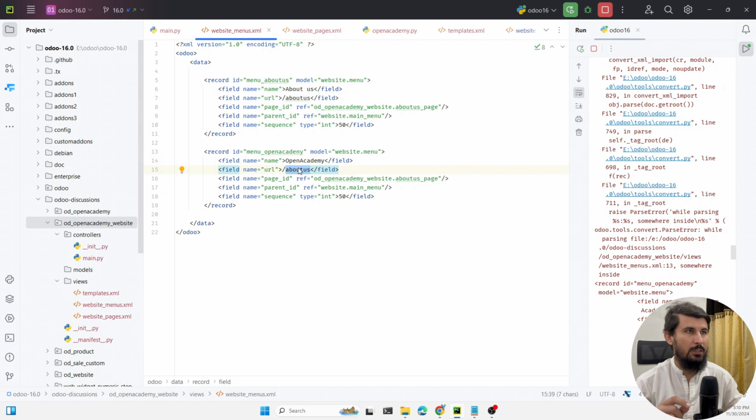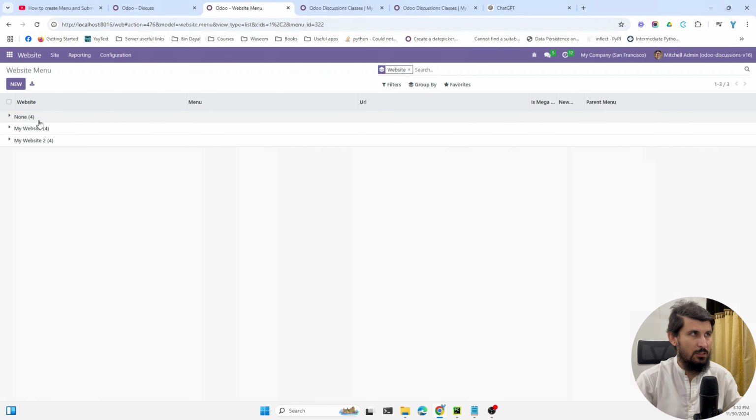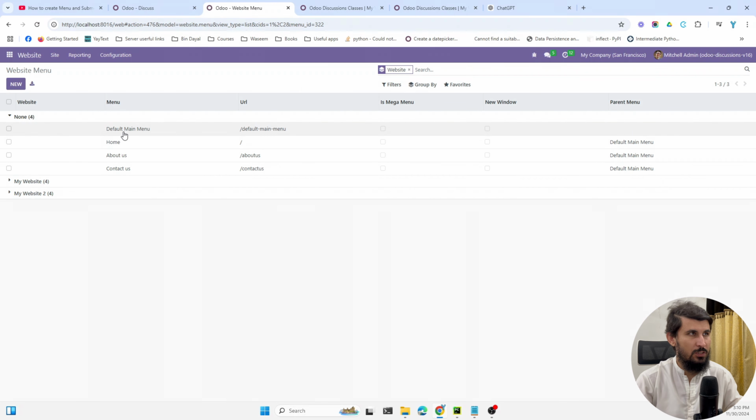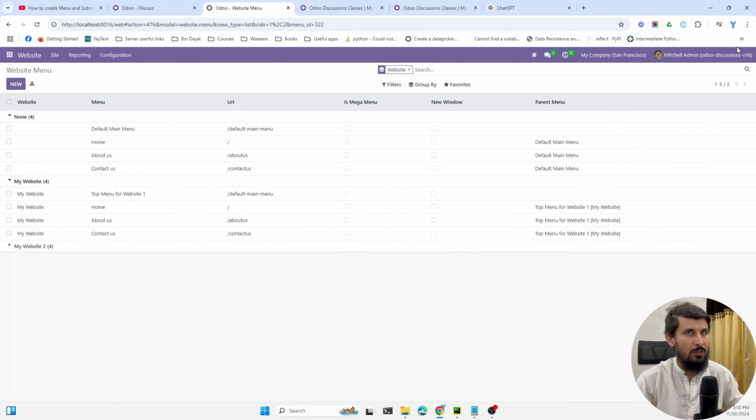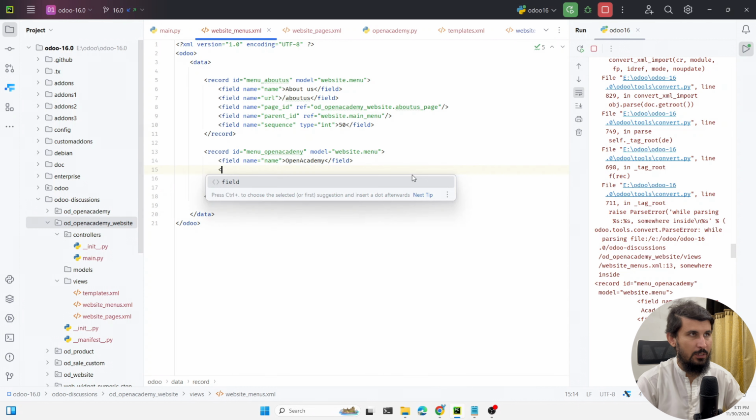So this is basically the URL, which is not needed in this case, because this is the parent menu. We don't need the page ID. So we are going to add this menu item specifically for one website. In the first section, we added the menu item which was created for all the websites, but in this case we will just create it for my website which is currently logged in. So for this purpose, we need to keep this parent. We need to add another parameter here, which is the website field